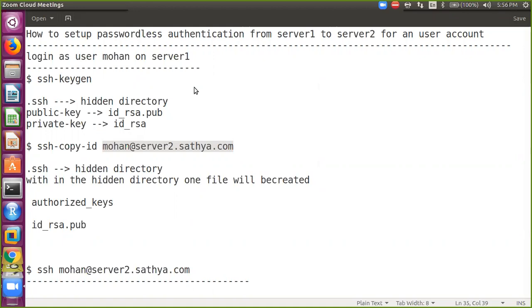Domain name server cannot understand. Explain in a simple way, please. DNS server, right?